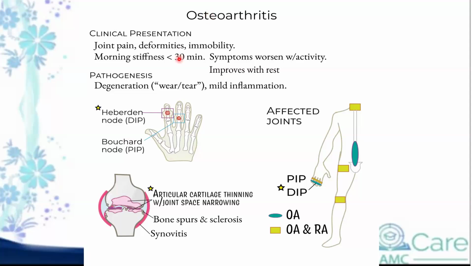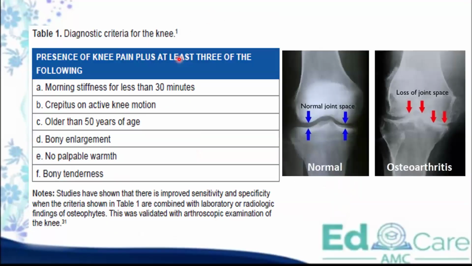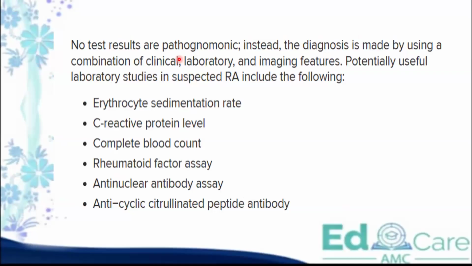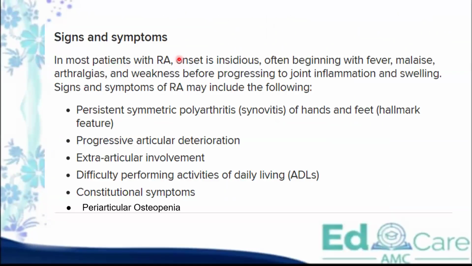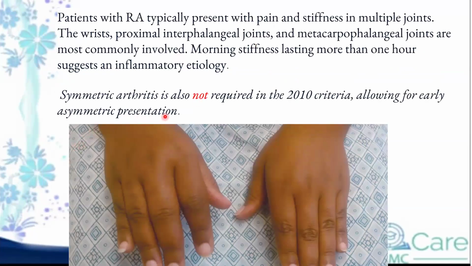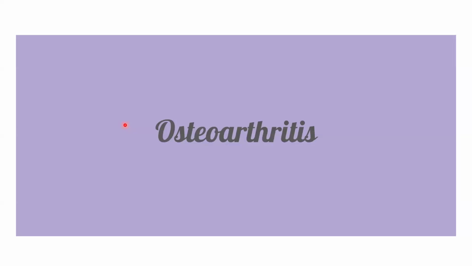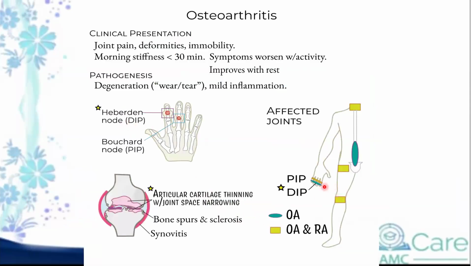So what was affected in rheumatoid arthritis? Let's go through that so you're clear: the wrist joint, metacarpophalangeal, and the proximal interphalangeal joints. So these three. And in osteoarthritis, the difference is the distal interphalangeal joints, these two, when you're talking about the hand. But osteoarthritis can affect anywhere, including the axial skeleton.